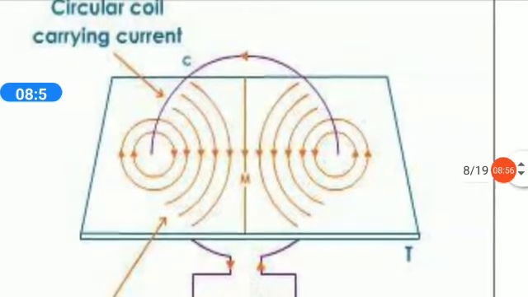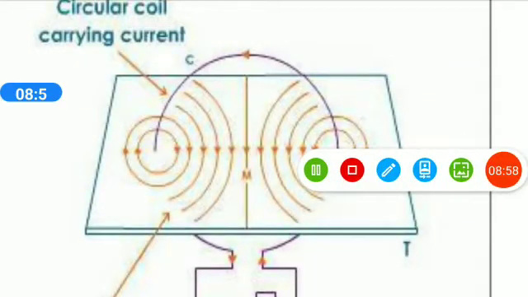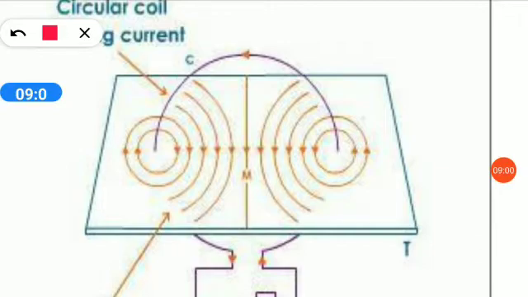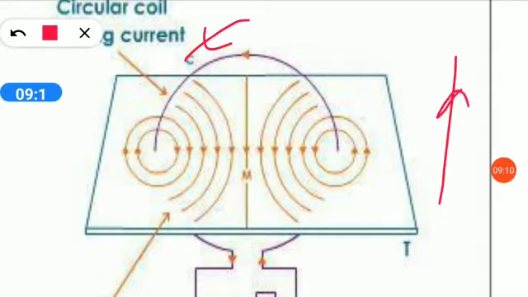If current is passing from this point, going inside, here it is going from down to up. Down to up means, from the right hand rule, it will go anti-clockwise. And here it is going from up to down, so the direction is clockwise.